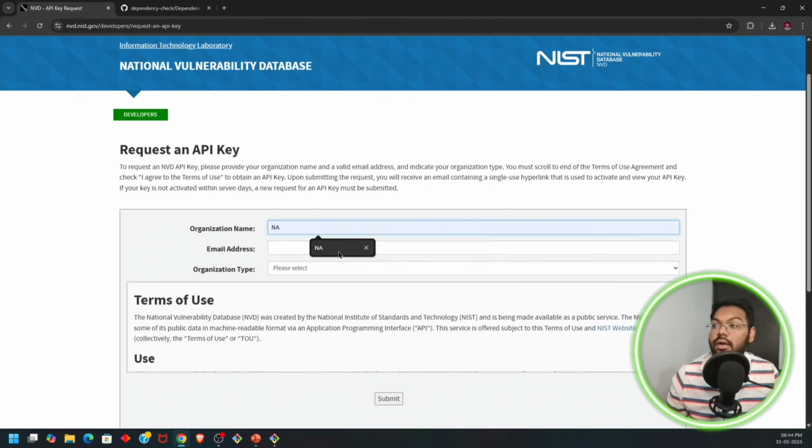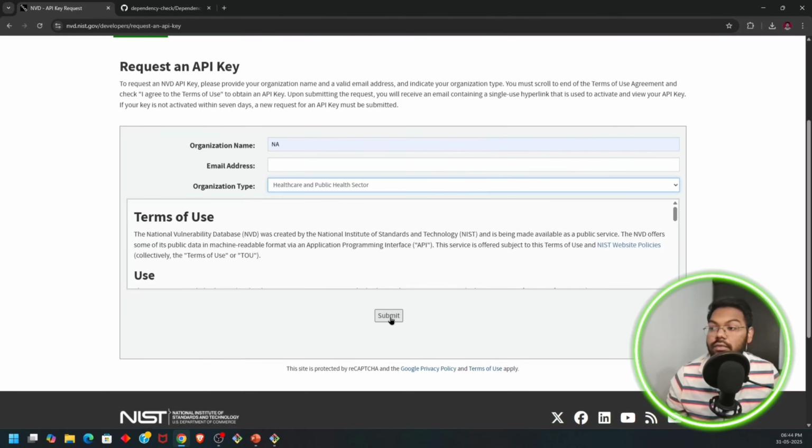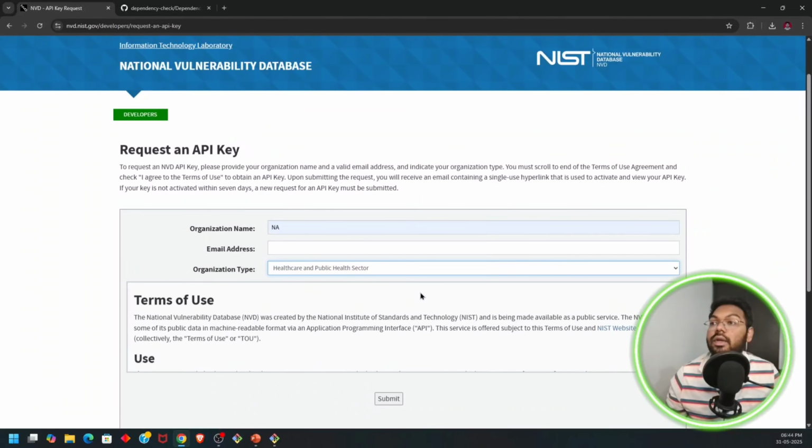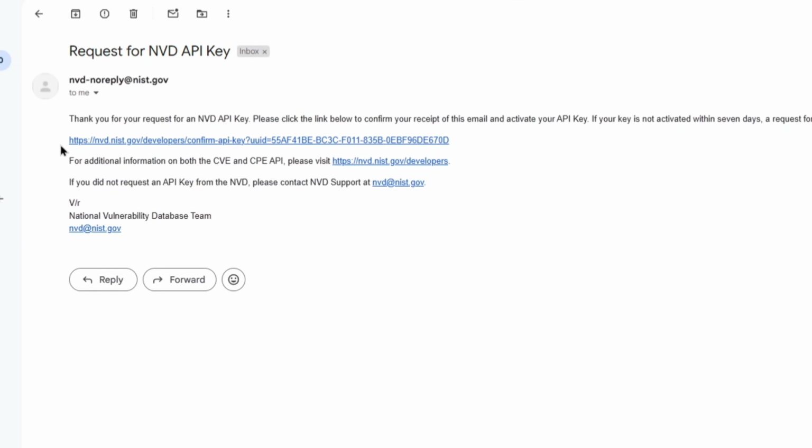So here you can write your organization name and then email address, and then please select your organization type, whatever it may be. And if you click the submit button, now you will get a key. So how does it look in the email? We'll just check it. So here is what I got as